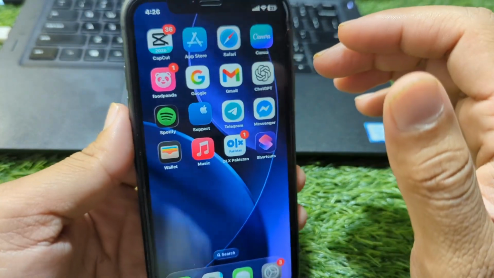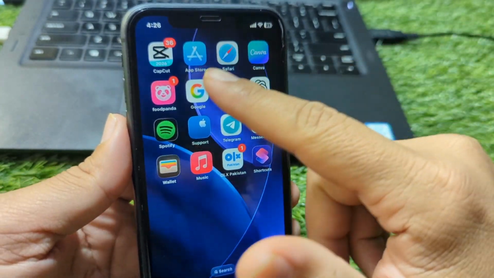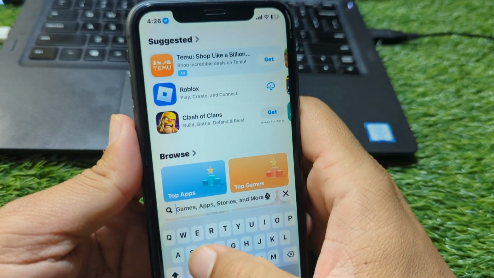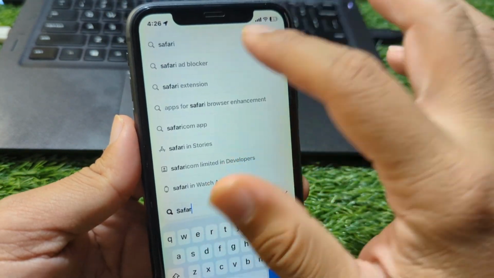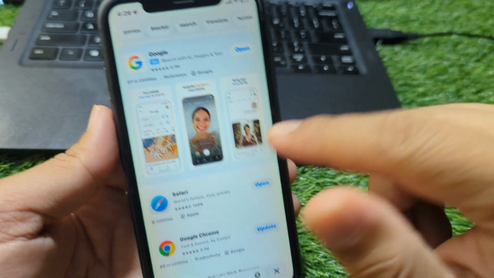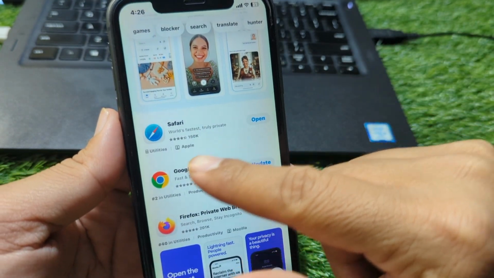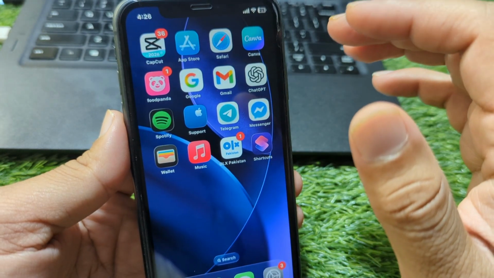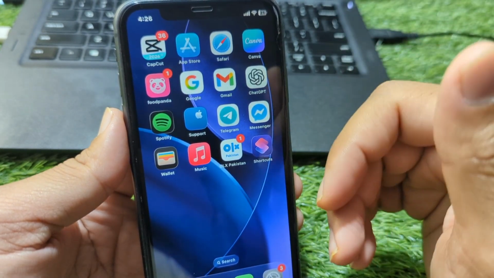So guys, first of all, go back to your home screen and now you have to simply open your App Store and then search for Safari, and from here you have to simply download and install the latest version of Safari browser on your device. So guys, do this and check if the problem is fixed or not, and if the problem is still there,